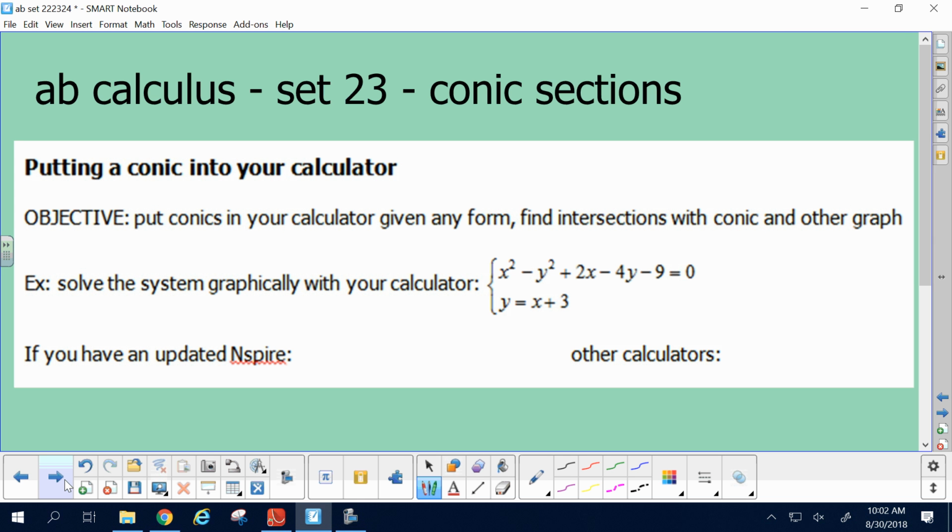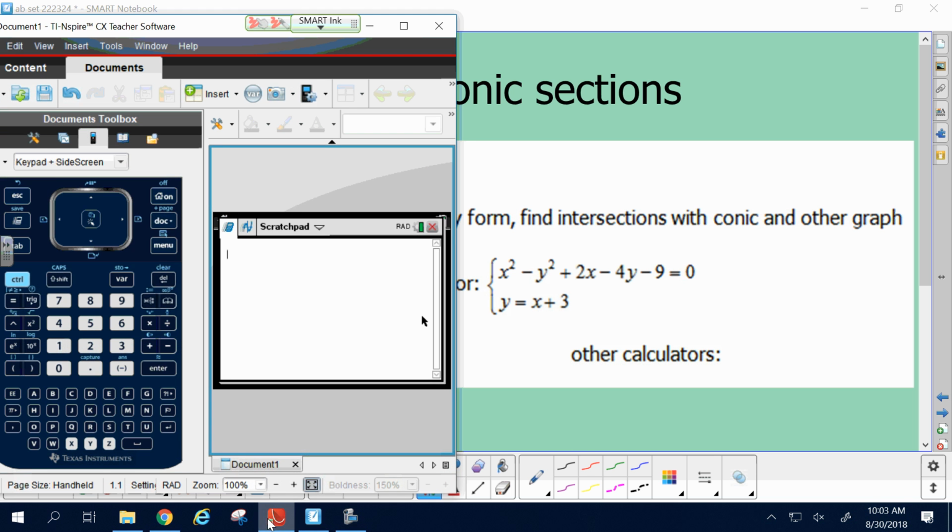Putting a conic into your calculator. This goes to whether you have the Fancy Pants Inspire or the Ghetto Calculator 84. I prefer the Ghetto Calculator myself, but the Inspire, in this case, has it all over it. So this is the thing I would like you to do. We're going to put that equation in there. Now, if you go to your graph,